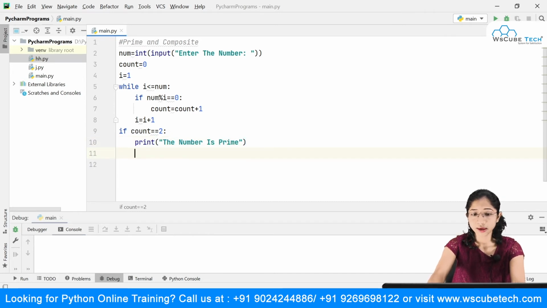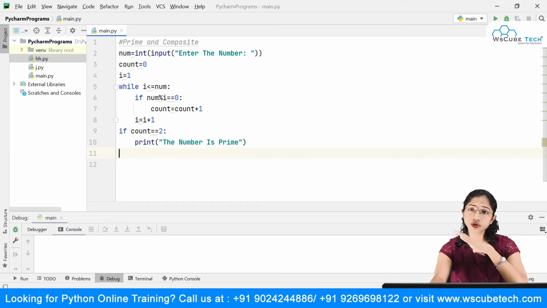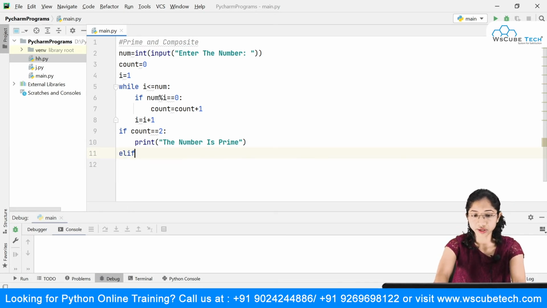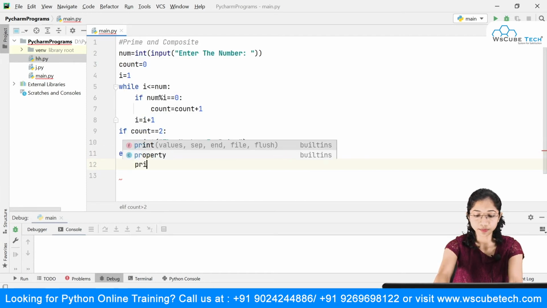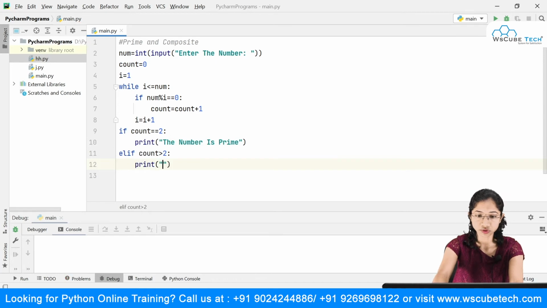That's it. And if the factors are more than 2, we are just going to take an elif condition. So if I say elif count is greater than 2, all right, so that is your composite number. So I'm just going to say print,